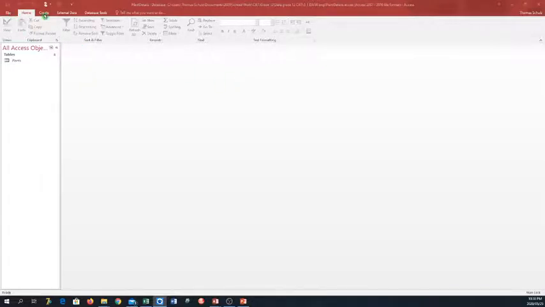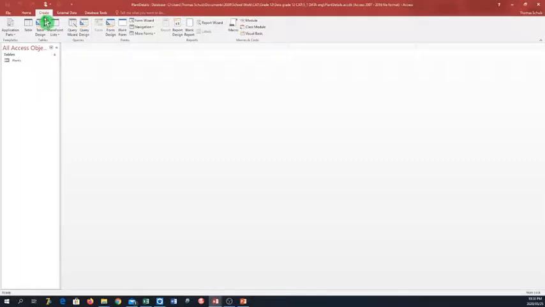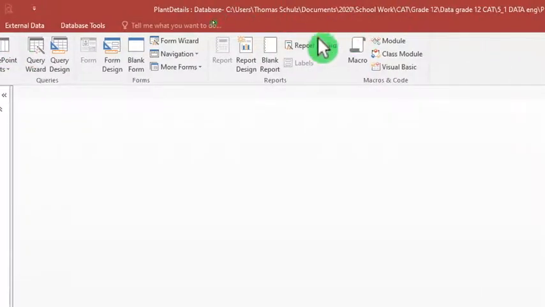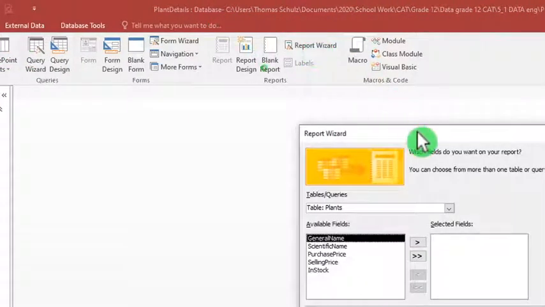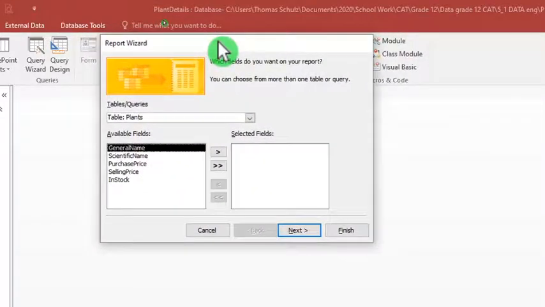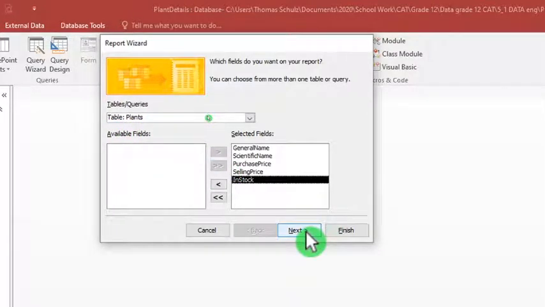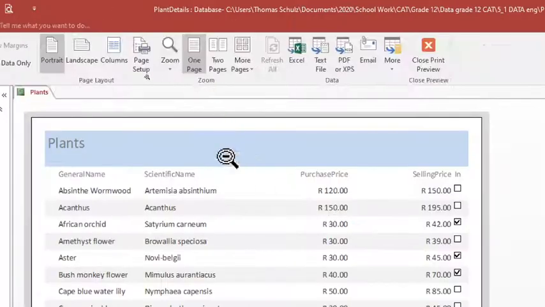So I will again click on create, zoom in so that you can see report wizard. And over here we have to follow the instructions. It says that shows all the fields of all the records in the table plants. So make sure that the table is selected. I'm going to select all plants, and then we have to do some calculations. So I'm simply going to click on finish,